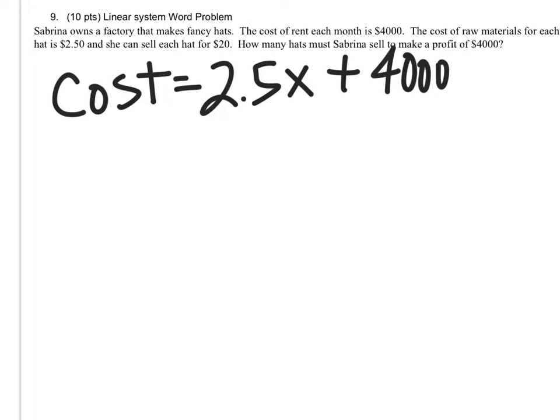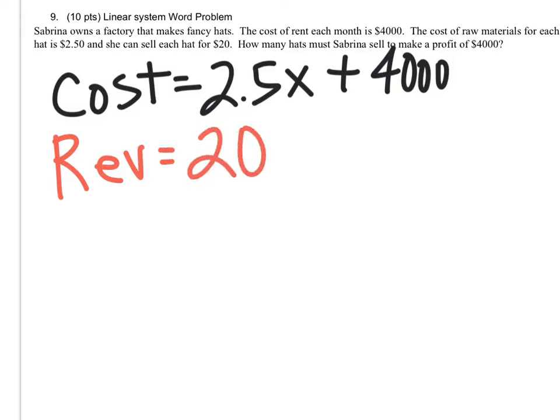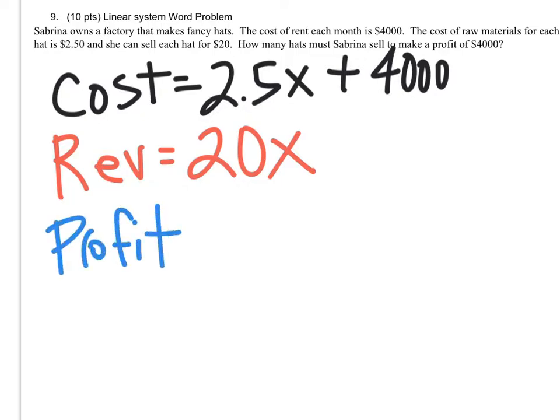We need to figure out how many hats Sabrina has to sell to make a profit of $4,000 if she's selling her hats for 20 bucks a piece. So the revenue, the money that she's collecting, is $20 per hat, or 20x. So if she sells 5 hats, she's making $100. And what about profit? Profit is revenue minus cost. So in this case, it's going to be 20x minus